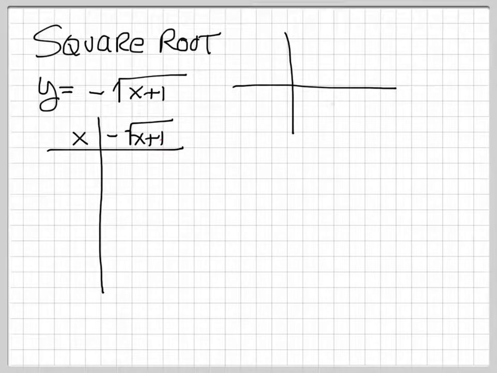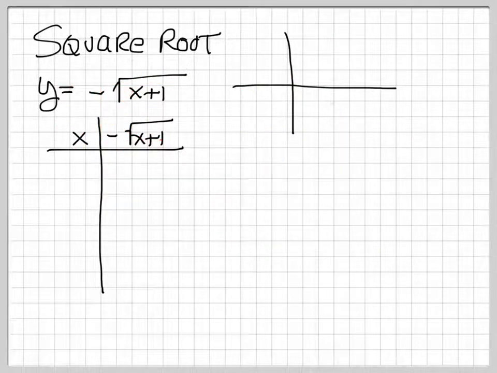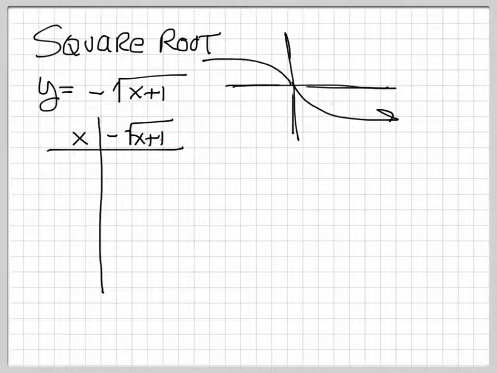It will have a definite starting point, and it'll go off to the right like this, or it can go down like this, or it can go this way, or it can go this way. So basically it's like a sideways parabola, but anytime you graph a square root graph, it's just one of these